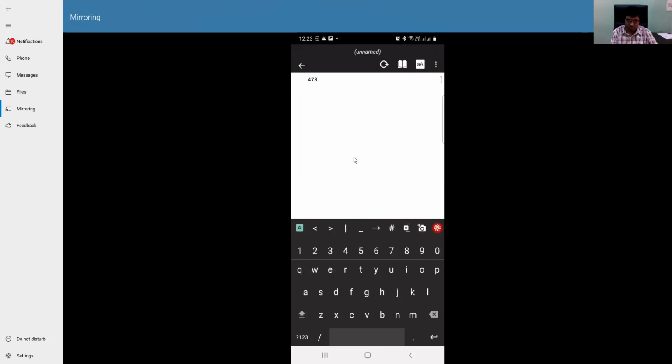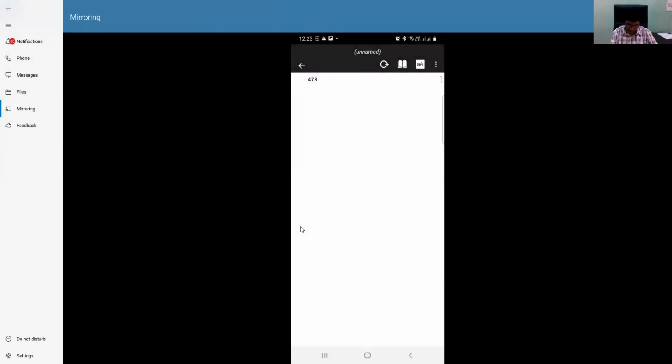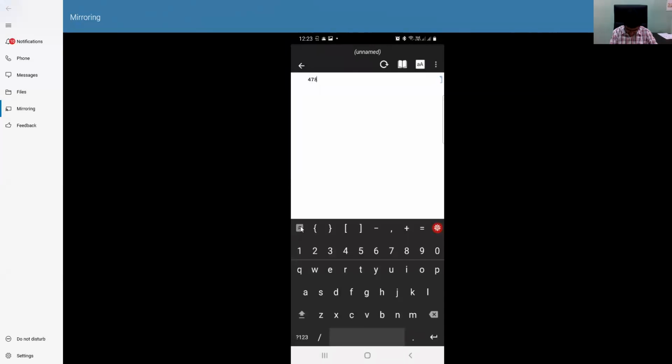If you press this button, then you will see different options. As usual, you can select different options. Say 478. Now I'm using star, that means multiplication, 36. Now how to run the command? Here you can see one spiky icon. You have to click or touch this icon so that the command will be executed.